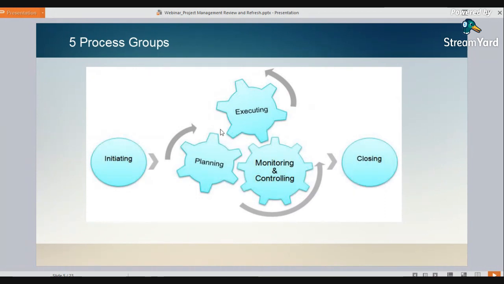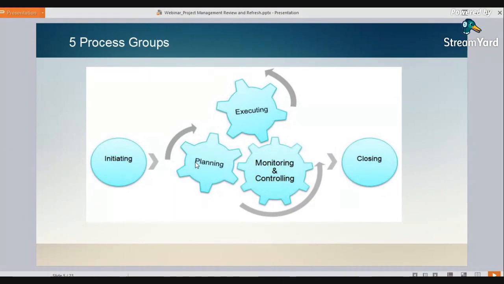The third gear in this little section here, we call monitoring and controlling, because that's where we basically compare and contrast what we planned to do with what was actually accomplished. And we want to say, are we doing what we planned to do? Are we doing what we said we would do? And if not, what preventative or corrective actions need to take place to either